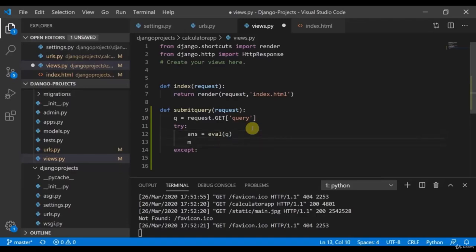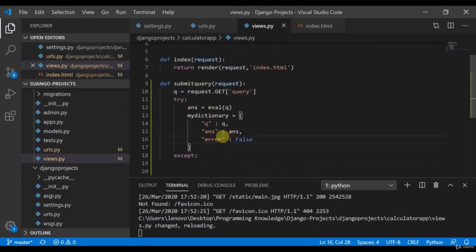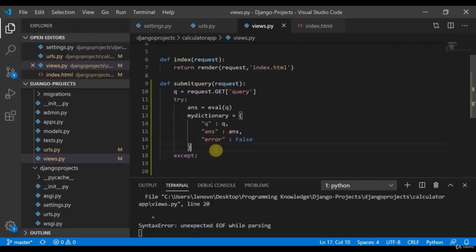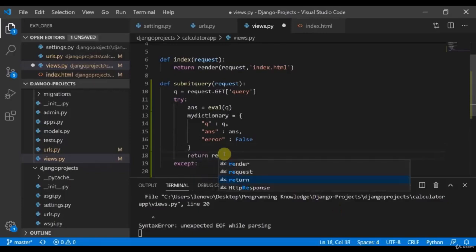Then I would define my dictionary. Basically the q would remain the q, and the answer would be the answer. If this operation is successful, if this try block gets executed, I would say error is false. Okay, so this should work fine till now. What I can do, if this operation is successful, then I would return render,